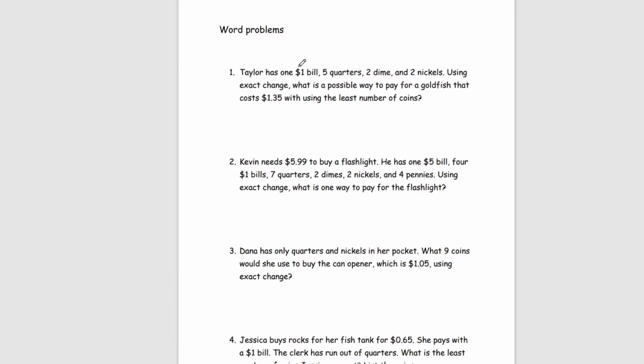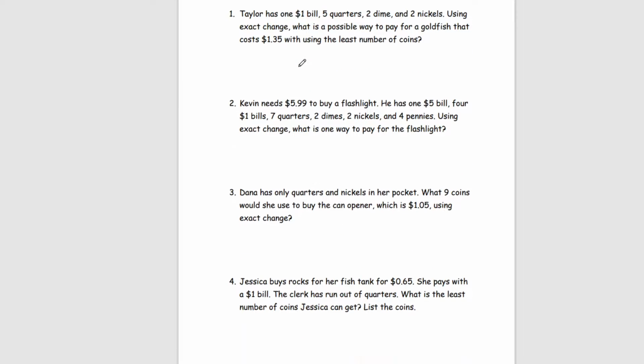Moving on to this last page, we have word problems. For number 1, it says, Taylor has $1 bill, 5 quarters, 2 dimes, and 2 nickels. Using the exact change, what is a possible way to pay for a goldfish that costs $1.35 using the least